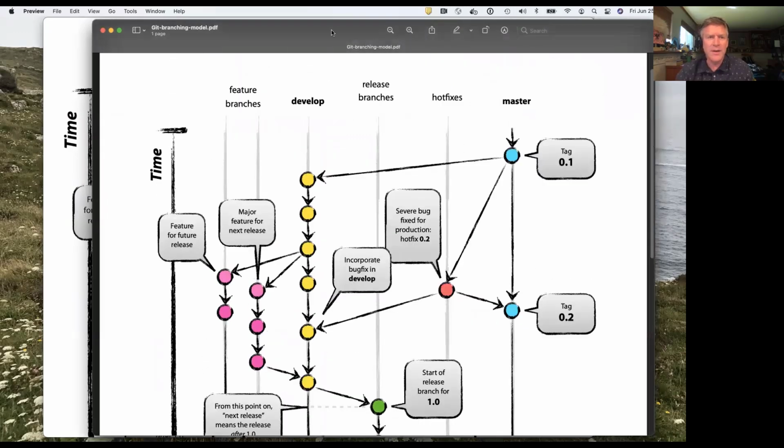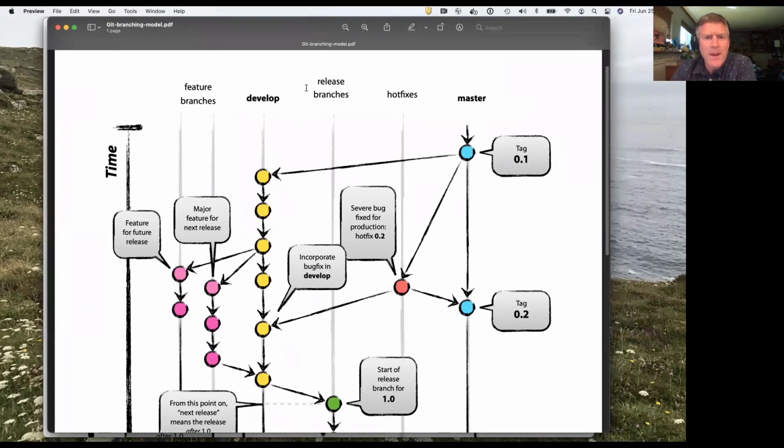So the idea is that there are two permanent branches in any repository. They're called develop and master. In some repositories now, this is being changed to main, but in most of the JEDI repositories, it's still called master. So you can think of master and main as interchangeable.